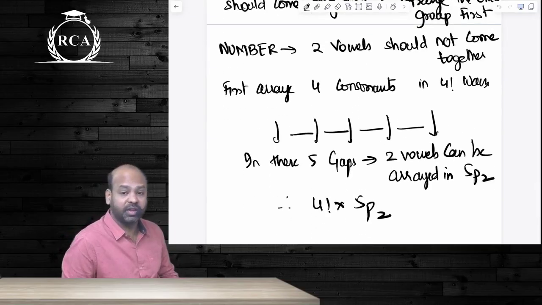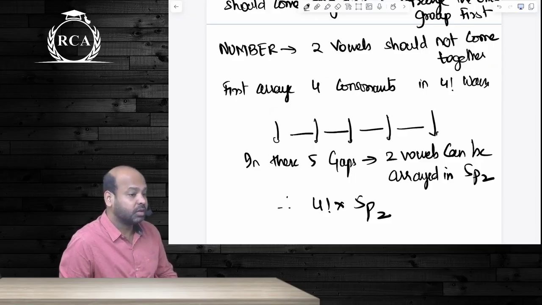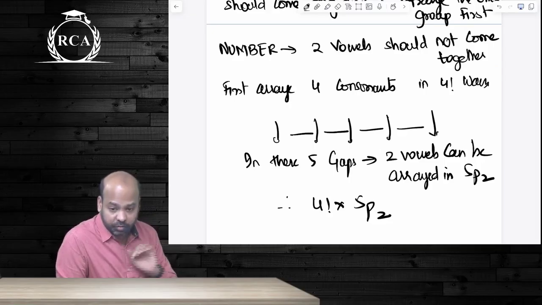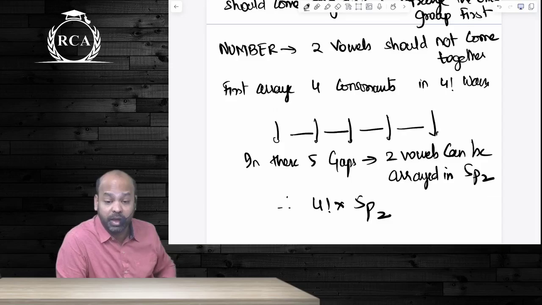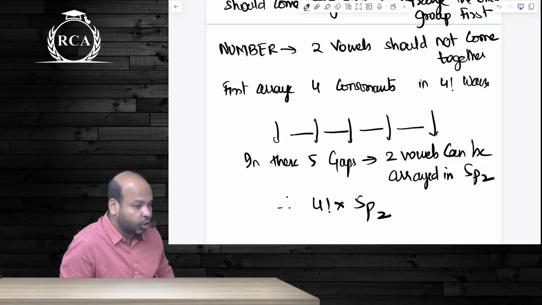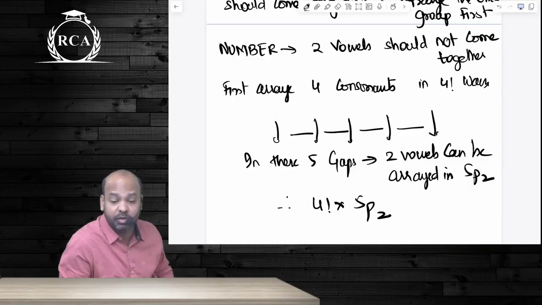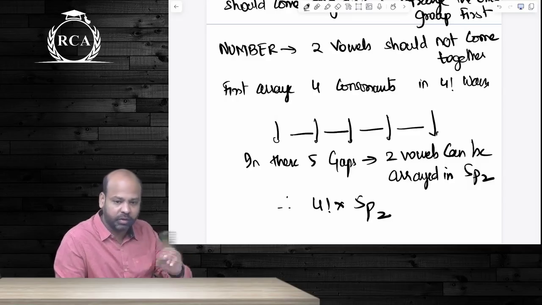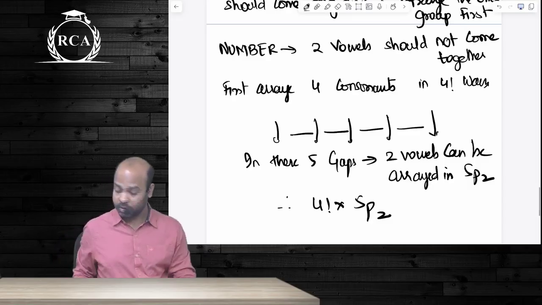Next beta, if it is a case of alternate seating arrangement, what are we supposed to do? First check whether the number of objects are same or whether the number of objects differ. The difference cannot be more than 1. If the difference is 1, then what are we supposed to do? Arrange the lower group first, and in the gaps beta you're supposed to arrange the other group. If the number of objects are equal, two possibilities, even odd places, odd even places. Remember?